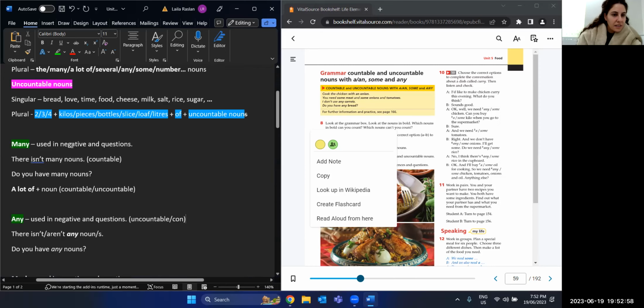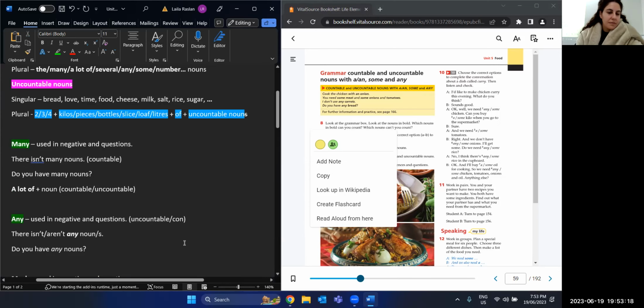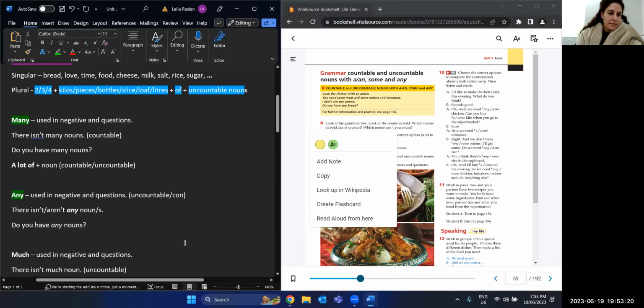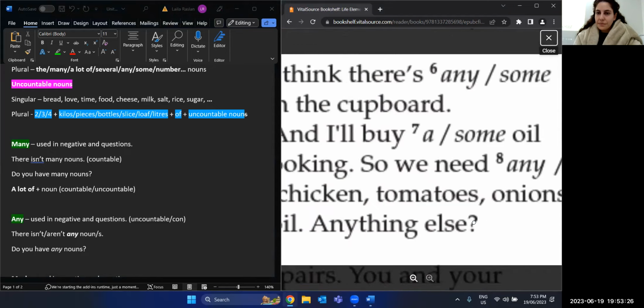And this one, countable. There isn't many books on the table. There isn't many salts. Yeah, this is only countable, but this is the uncountable. But we'll see here. So we've got, if we go to the next section,